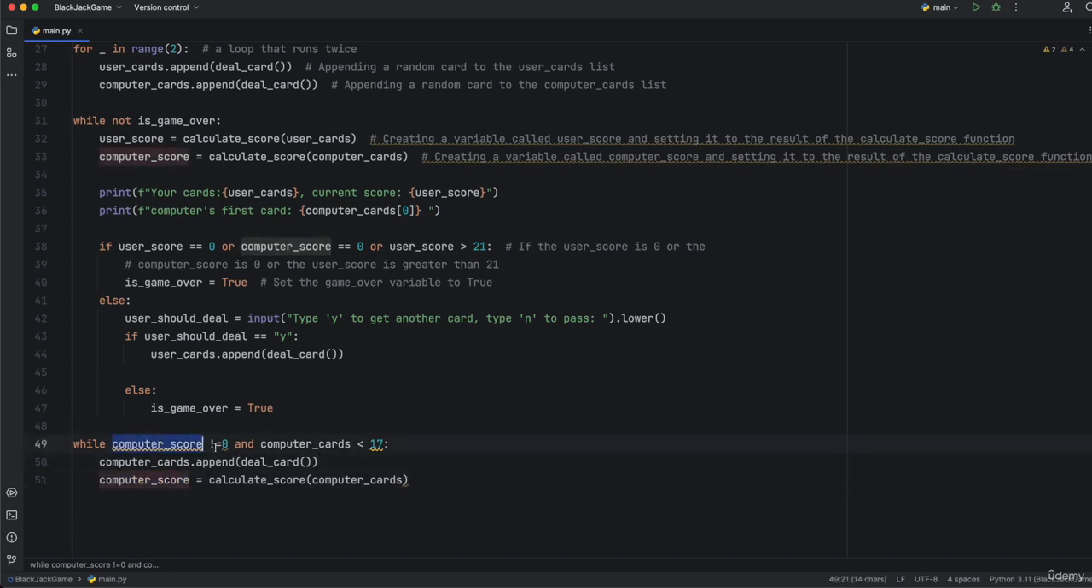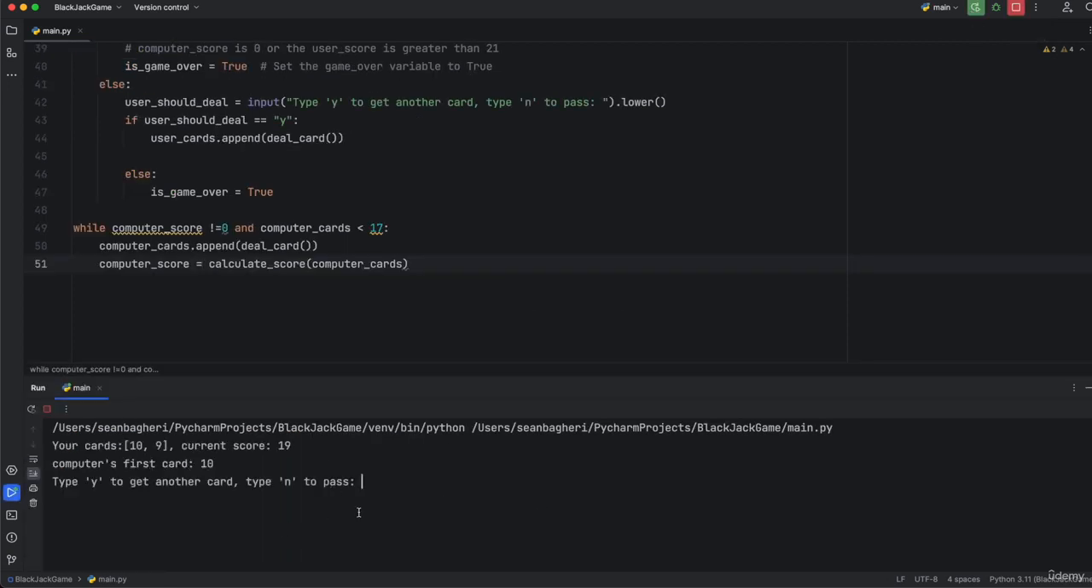So computer is now going to, if it's not jackpot and if it's under 17, grab another card, right? Because again, when the computer is over 17, it's not allowed to get another card. So we're going to say if the computer is not jackpot and the computer is under 17, grab another card and just calculate the score again. So just like that, we're going to run this. So if I run this again,